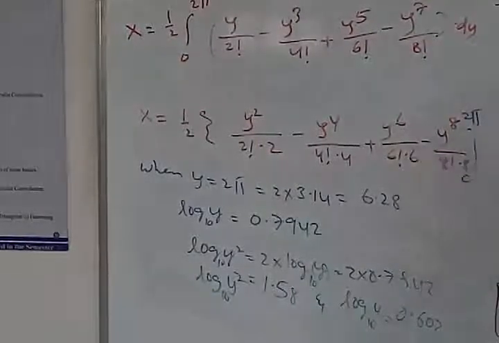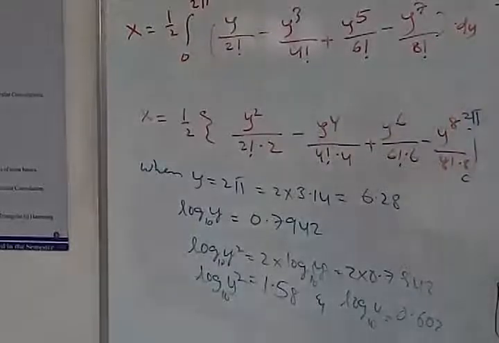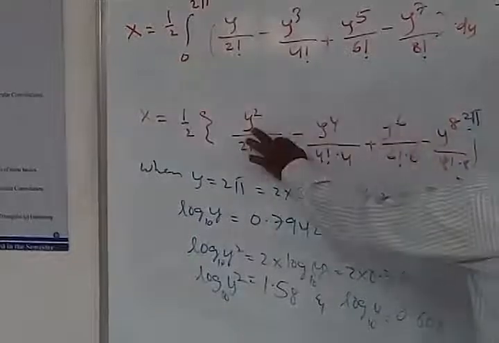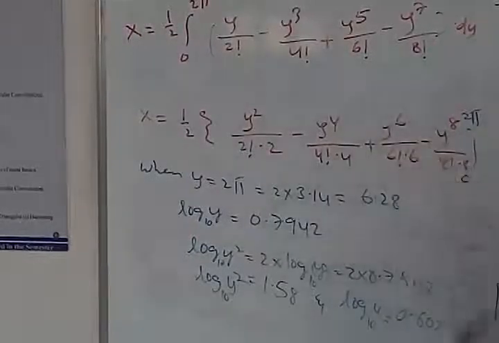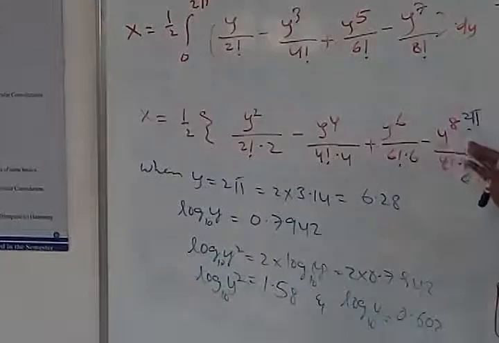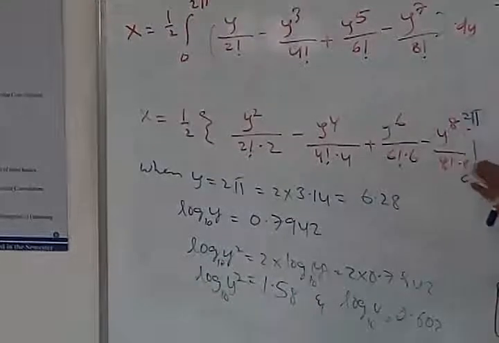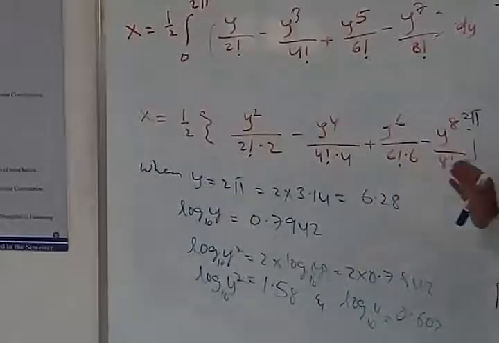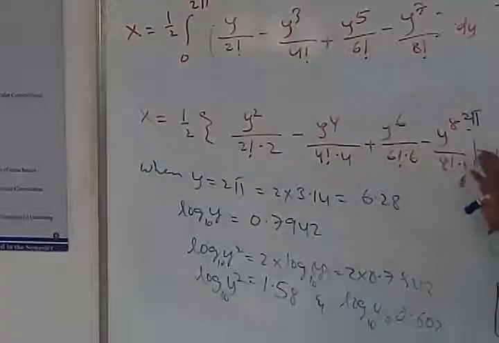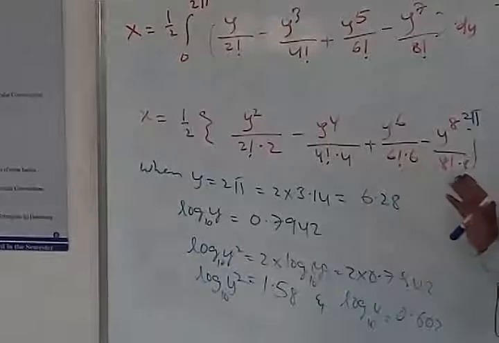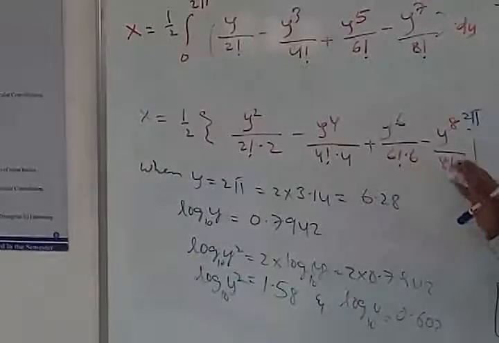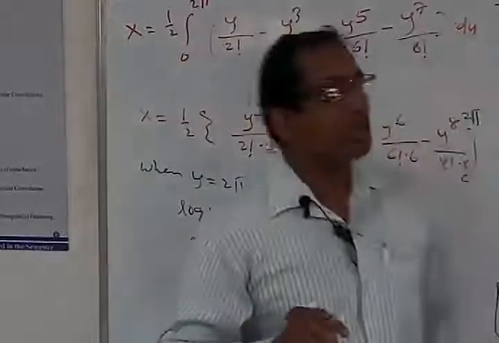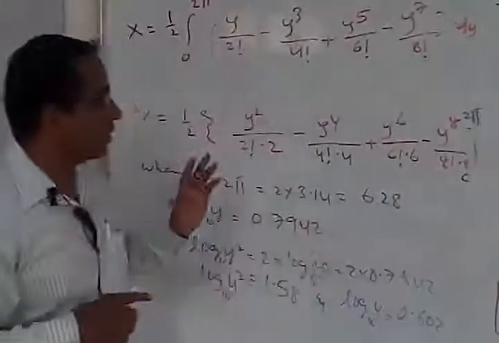Like this I can extend this up to 14. Means what? Everywhere you are getting two terms: y power 2, y power 4, y power 6, all even numbers. So therefore we can write this as y power 10 by 10 factorial into 10, y power 12 by 12 factorial into 12, y power 14 by 14 factorial into 14, y power 16 by 16 factorial into 16. So thereby we will be getting 4 positive terms.